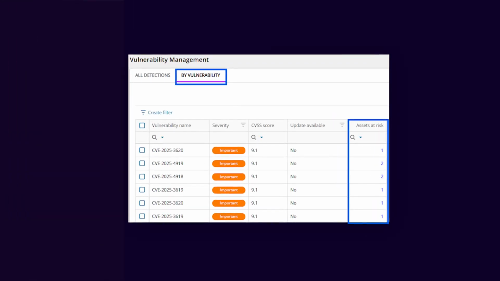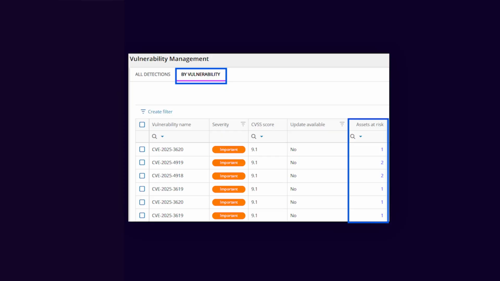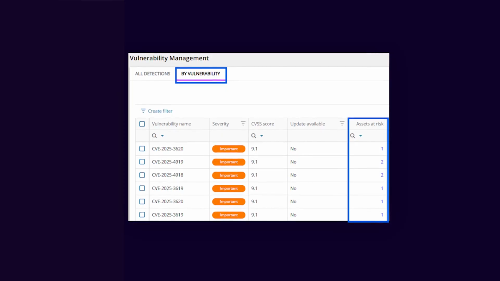We've also added support for third-party application vulnerabilities on Macintosh. We've also added new views that allow a technician to view either the information by vulnerability and all the assets, or to look at an asset or a collection of assets and then look at the vulnerabilities affecting that asset. It gives the technician more ability to quickly understand the data that they need to know what they need to